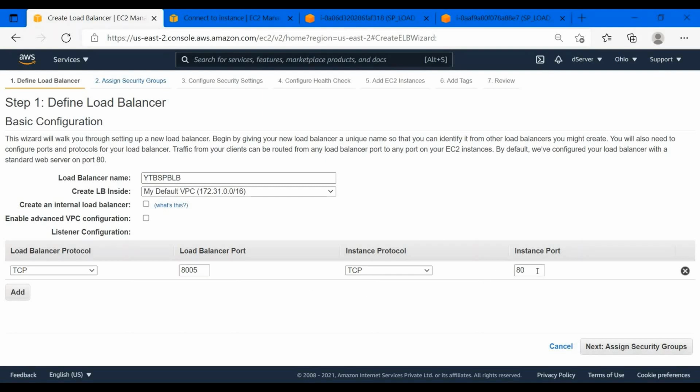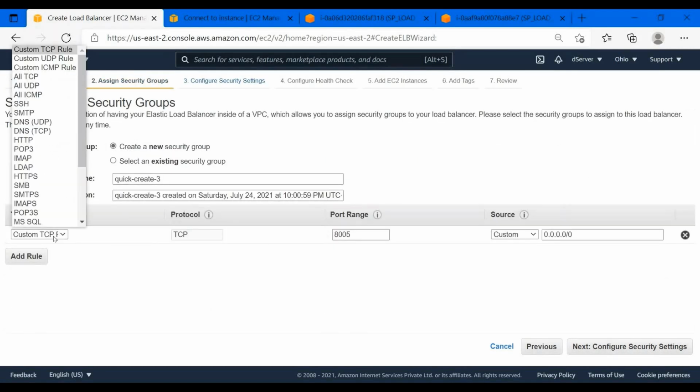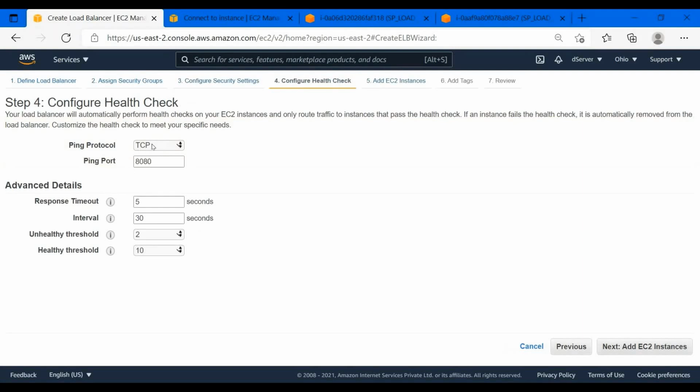Here are the protocols, what you are going to hit on that load balancer, and here is the instance port you need to give. In the second tab you need to set rules for the protocols of that load balancer. This is where we configure the listener activities and the health check.